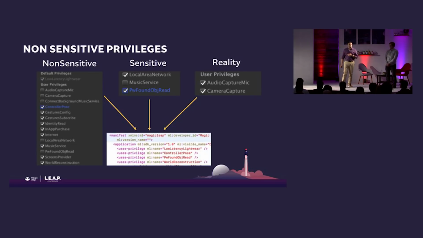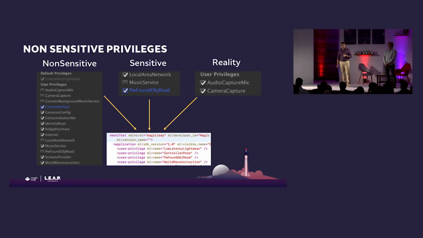Certain features on Magic Leap device require you to request user privileges. We expose the user privileges in the form of checkboxes under published settings. There are three kinds of privileges: non-sensitive, sensitive, and reality. Non-sensitive privileges require you to just check the right checkbox under published settings, and it adds a line to the